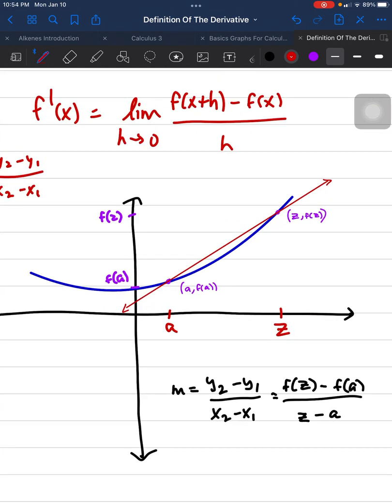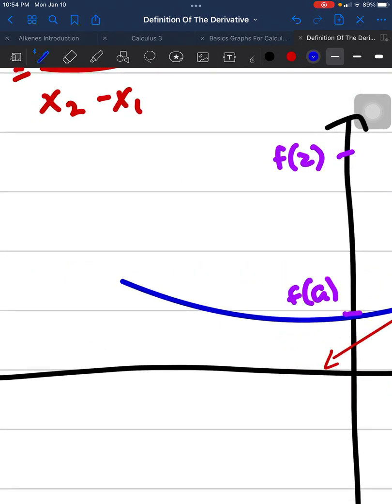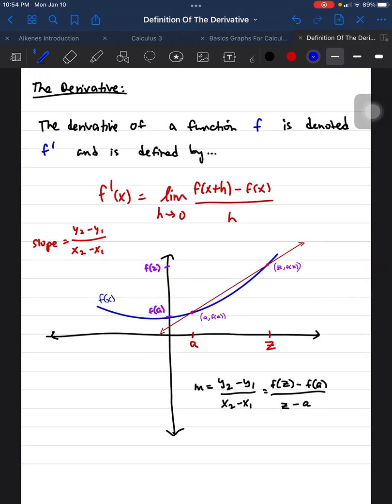This is the tangent to this f of x, this curve f of x. So I'm going to label this blue curve f of x, right? And we have 2 points, and there's a tangent intersecting the function. And a tangent,